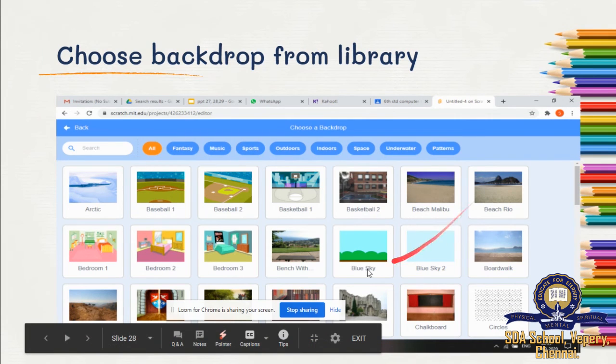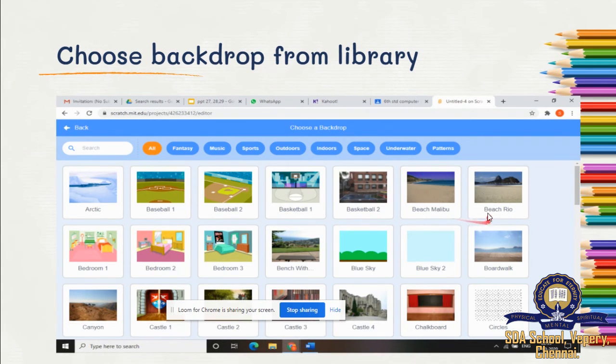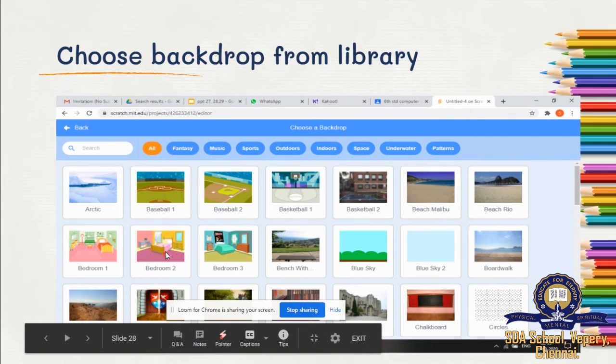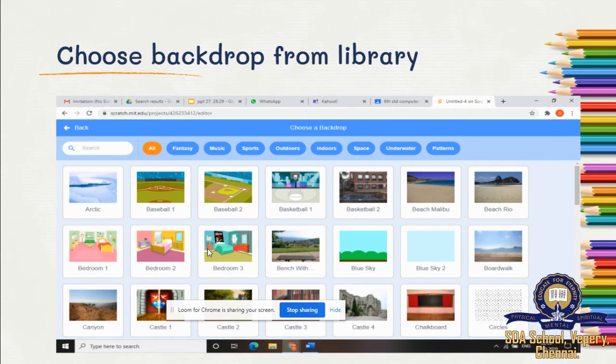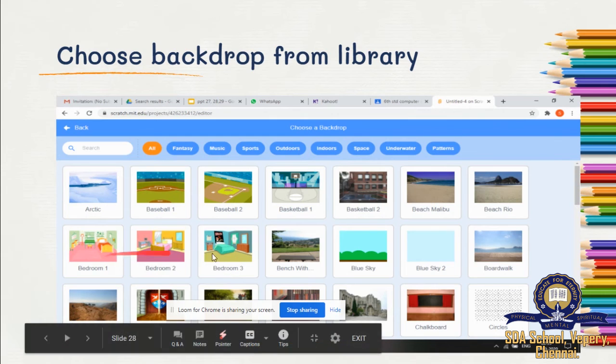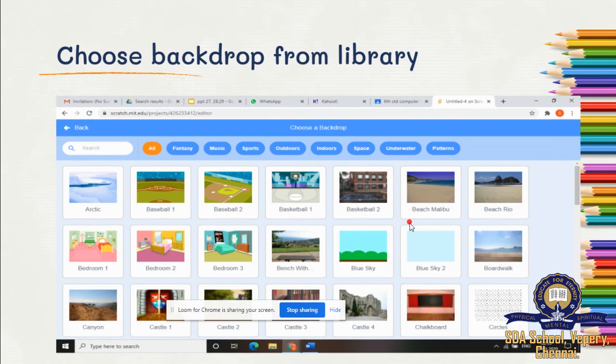You can select any backdrop you want. If you like beaches, you can select this. If you're going to make your sprites sleep, you can use this bedroom option. See, three bedroom options are there. Whichever you like, you can select.